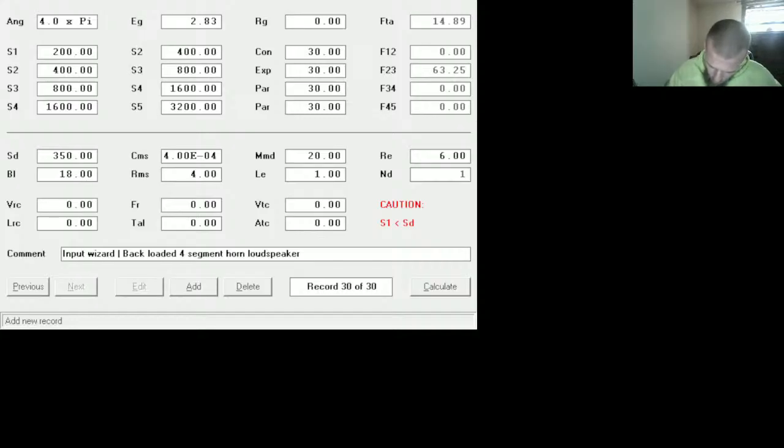So, times 3.14159. Okay, so let's see. Let's see, square millimeter. 26. Okay, so